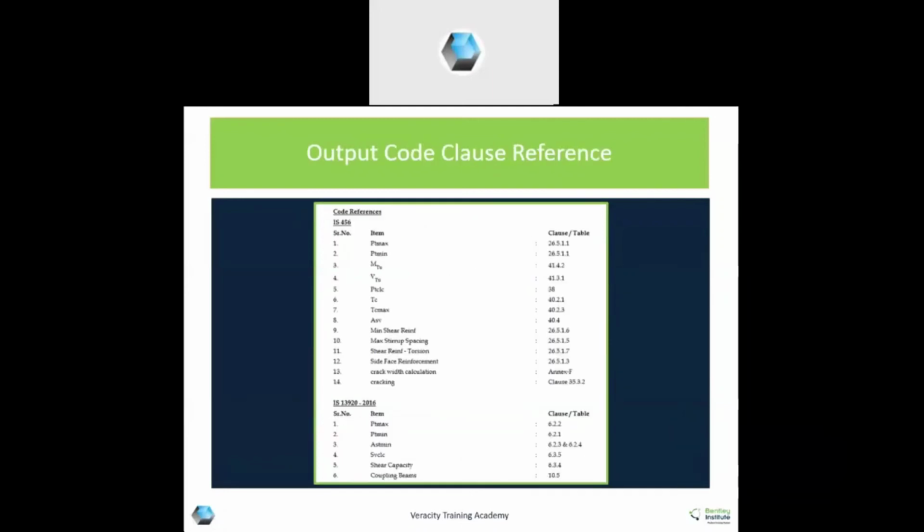Clauses which have been followed in the design are clearly mentioned as per IS 456, which clauses are taken into consideration, and as per IS 13920, which clauses like PT max, PT min are different for 456 and 13920. So whichever is